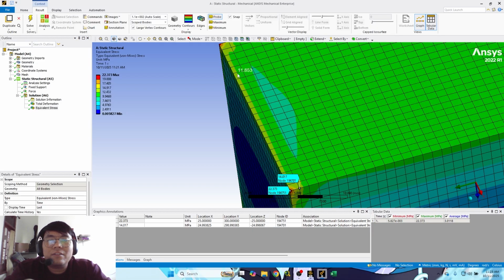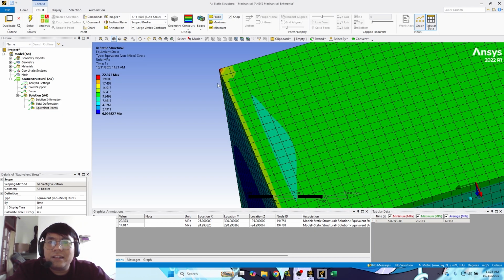So this condition leads our simulation to give this result. If we decrease our mesh size further, say from 1 millimeter to 0.5 like I did before, and 0.1, and so on, the stress will not be stable.